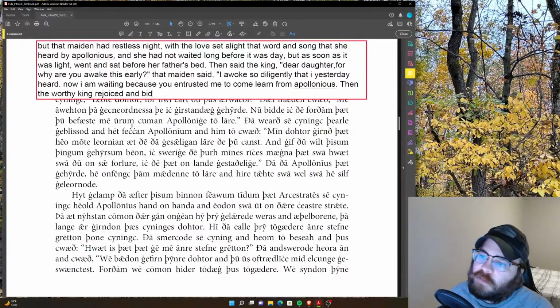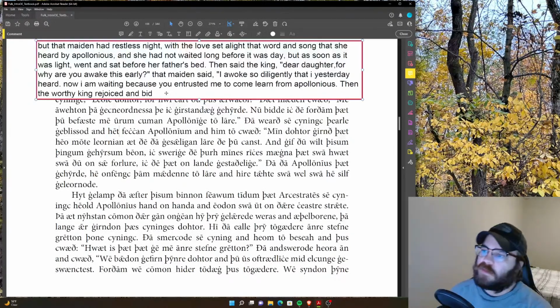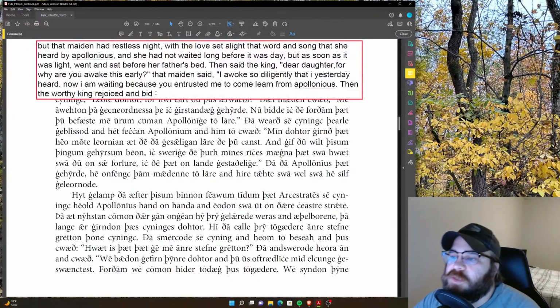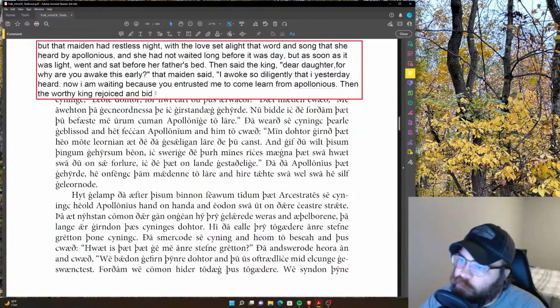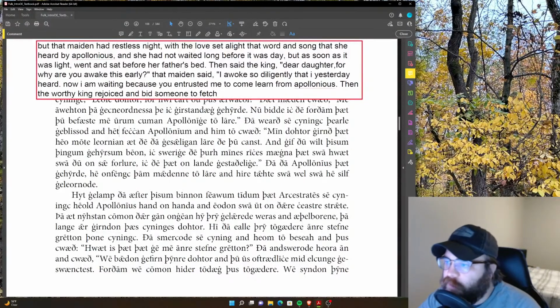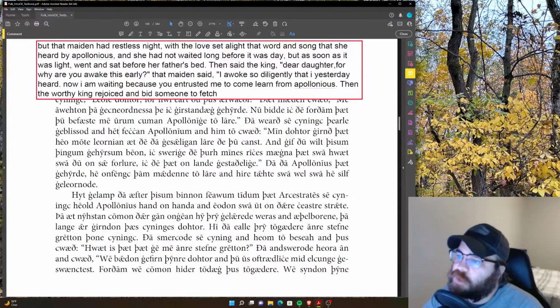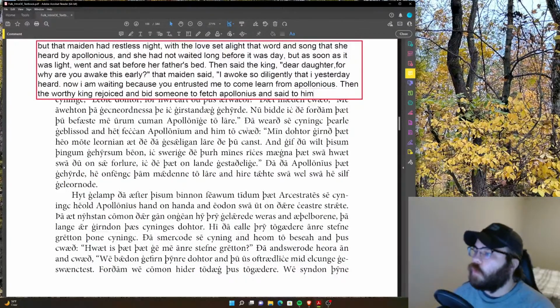And bid. So het is to command, to call, to do, or to bid. Fetchan, just like how it sounds. So he's bidding someone, but that is an unvoiced someone. So bid someone to fetch, because the an at the end of fetchan denotes it's the infinitive form. So bid someone to fetch Apollonius, and said to him,